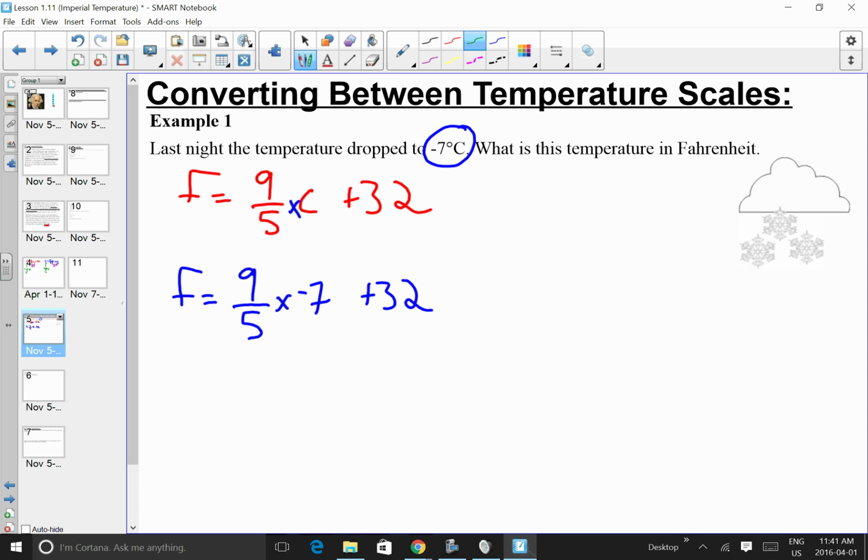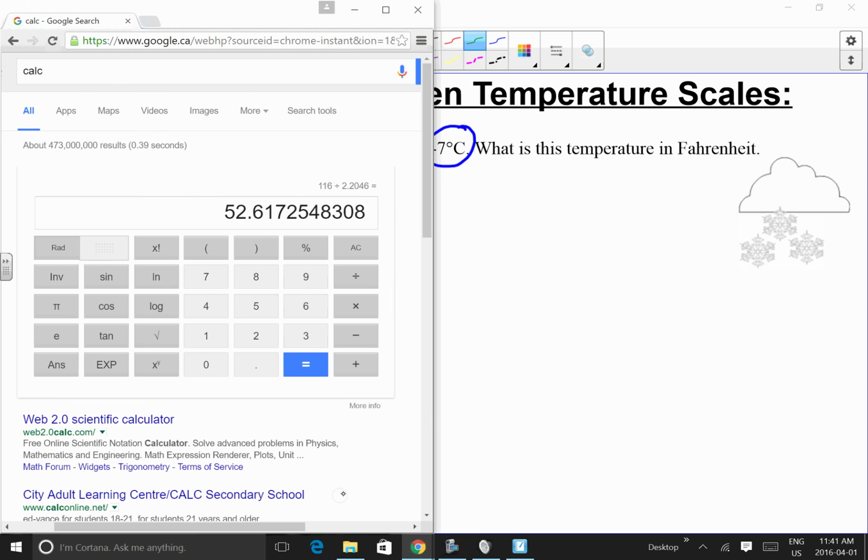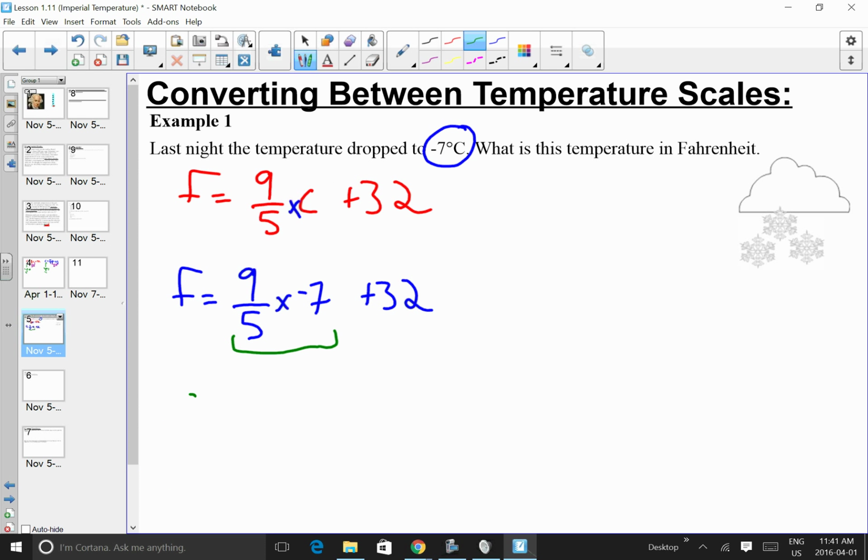So I'm going to do this part first. I'm going to do that in my calculator right now. So 9 over 5 times, where's my -7? Am I blind? Where is it? I don't see a negative on my calculator. Okay, I'm just going to times +7, and that's 12.6, but because it was timesing a -7, we know that it should be -12.6. So now F equals -12.6,